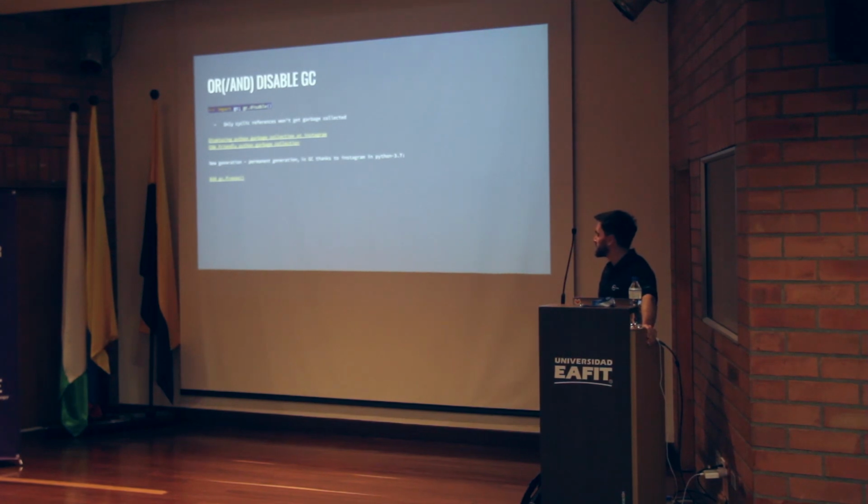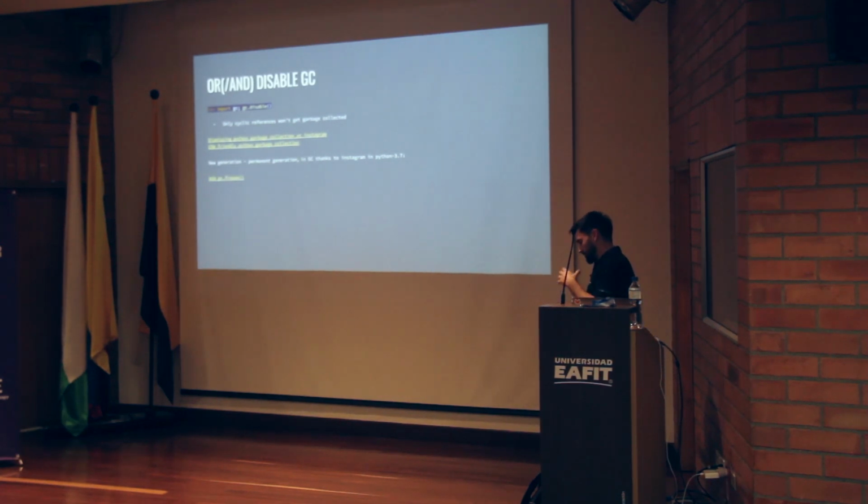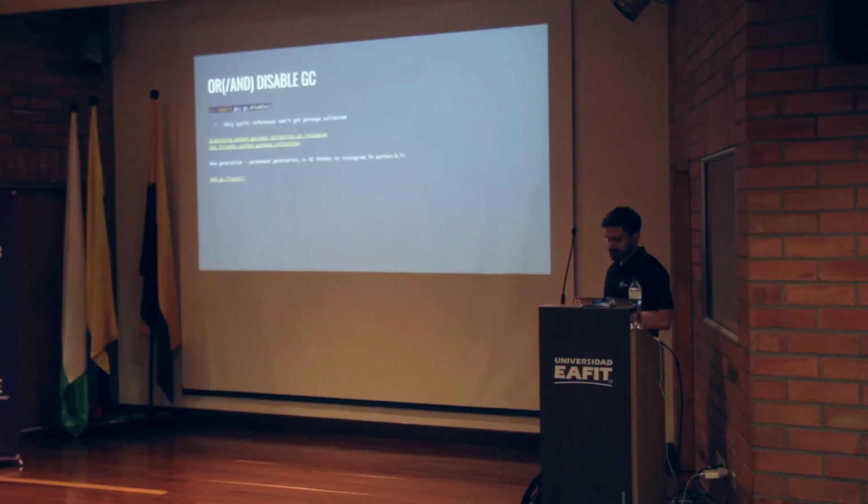The thing is that when you use objects in Python and you are only using them as a reference and not editing them, you are actually performing copy on write, because every time you use an object, you are editing it, since you are increasing the reference count of that object. So that counts as a copy on write, and every time you do that, the memory from the master process is being copied to your forked process, and that creates a big overhead on the GC runs.